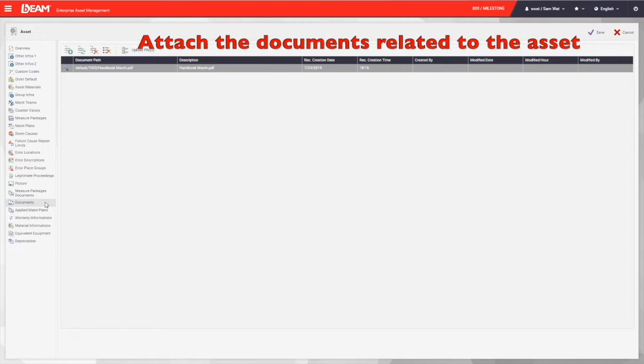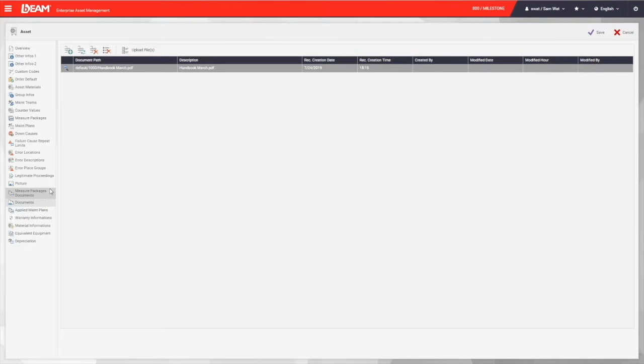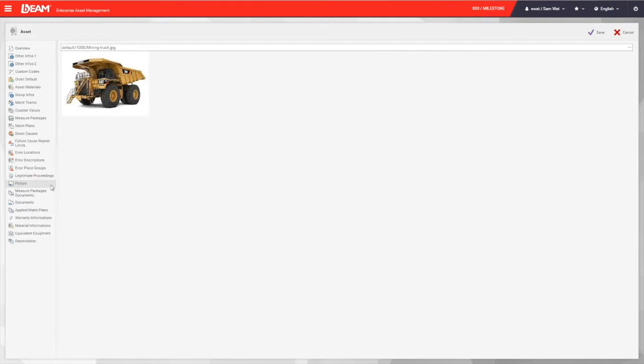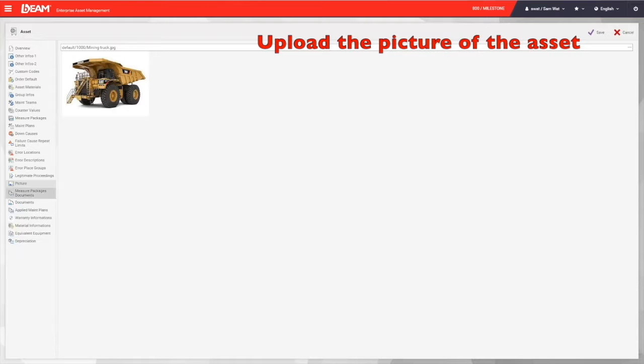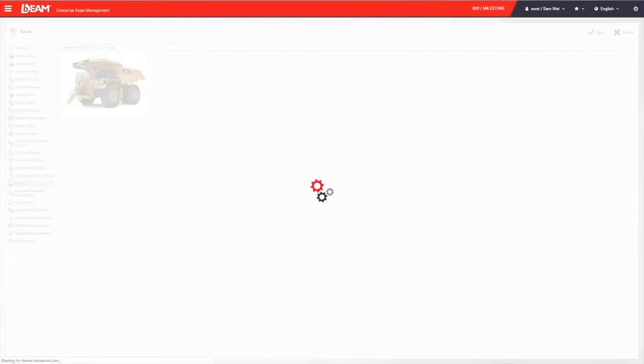Any handbooks, instructions, or certifications can be attached under the document fields. You can also upload a picture of this asset here too. After you fill in all the information, you can save it, and the new asset and its information will be saved